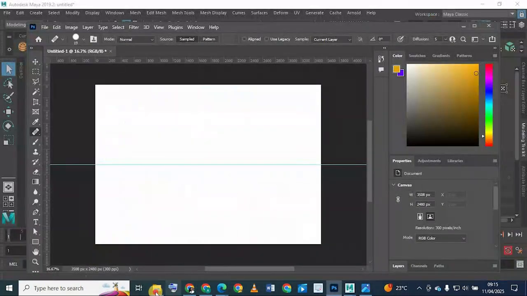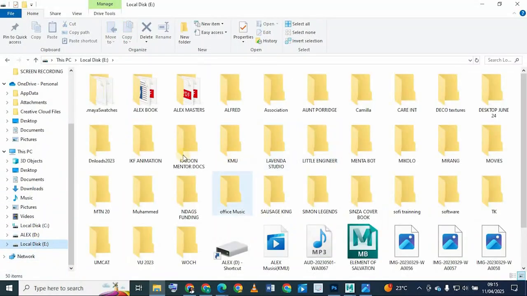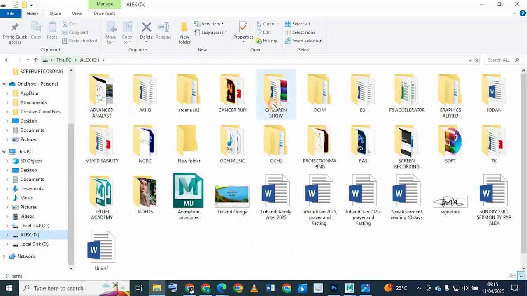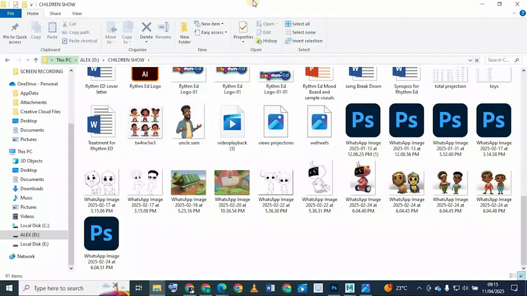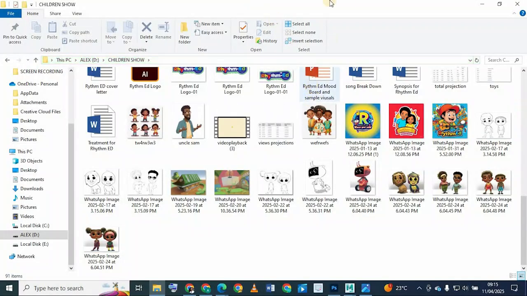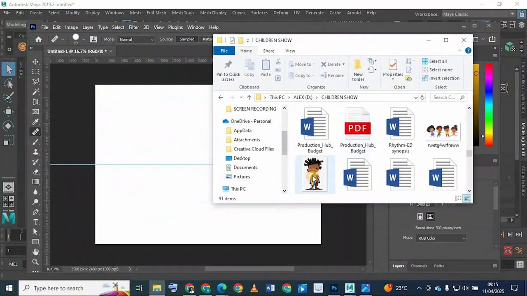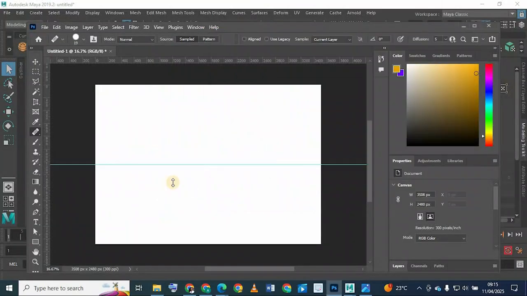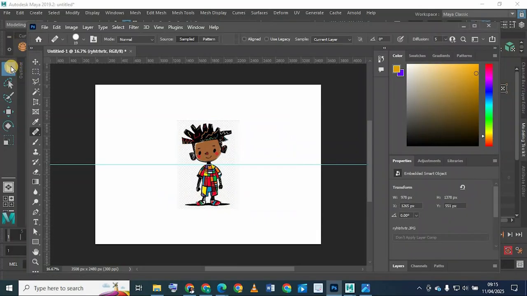I think I have some characters in here. I do have some characters of my own in here. I wish there could have been just one. Okay, let's use this one. Let's use this little guy here. Is he coming? Yeah, it's coming. So if you had a character like this and you wanted to make model sheets for it,